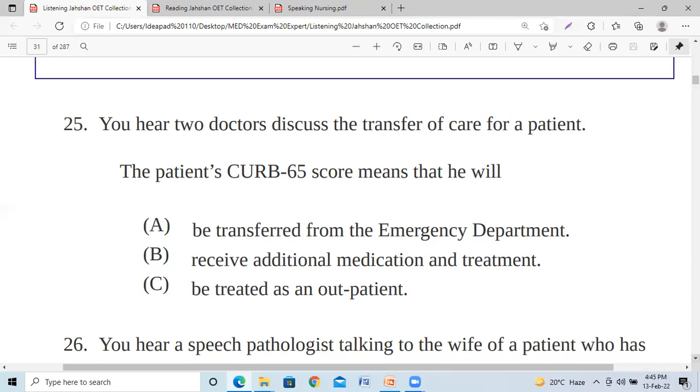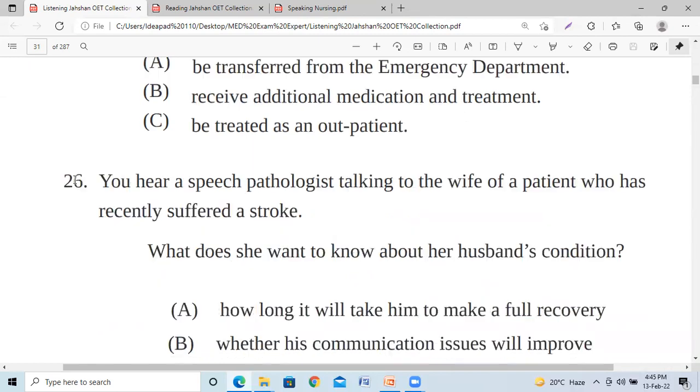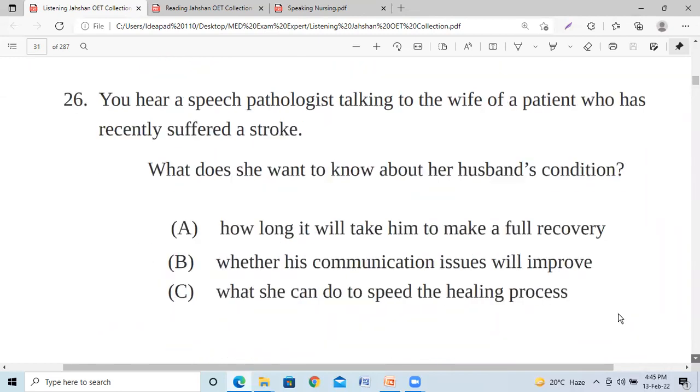That is how all these questions are. You will hear this line, then you will read the question, and after reading the question, you'll read the options, and then you'll listen to a conversation. And after listening to that, you need to choose one of them. So before each question starts, you will be given time, like this: you hear a speech pathologist talking to the wife of a patient who has recently suffered a stroke. Then you will be told, now read the question. The question is,